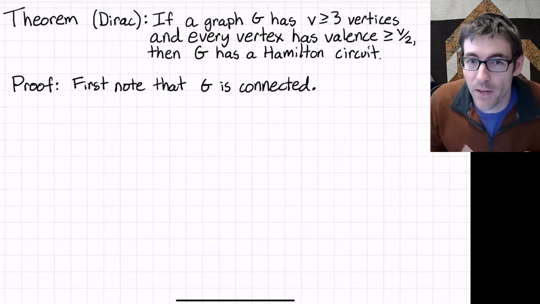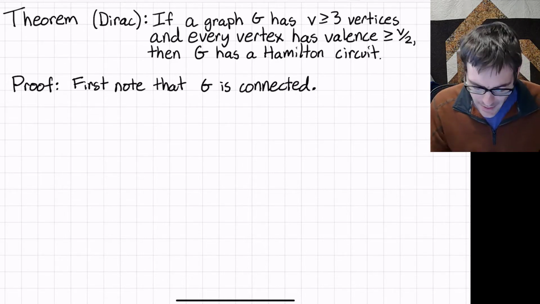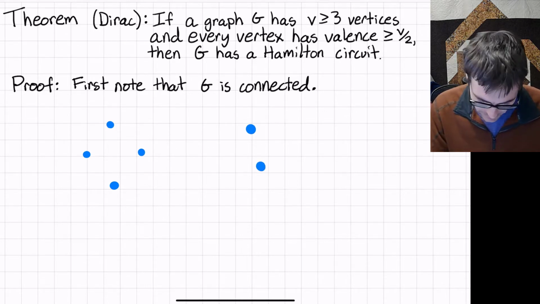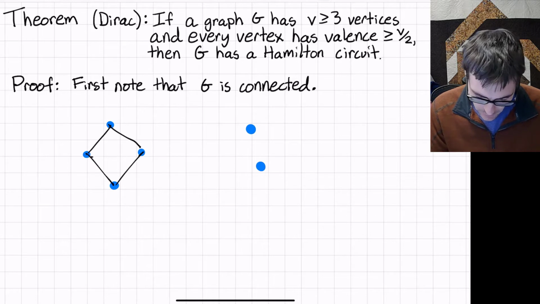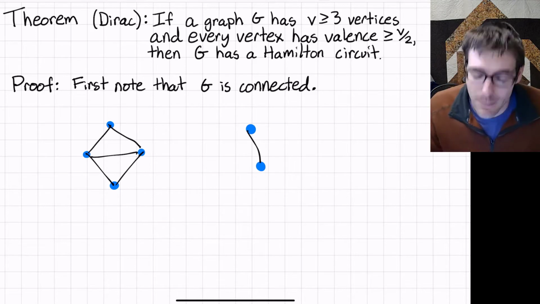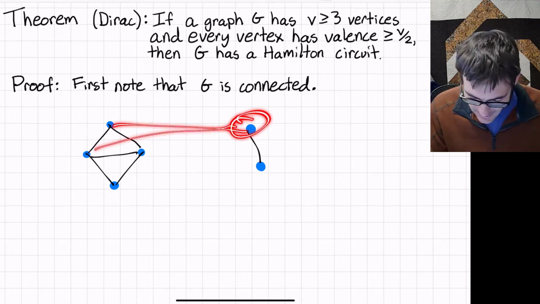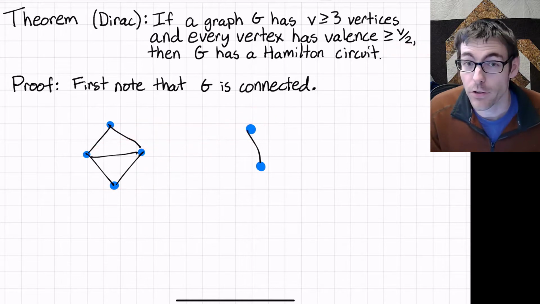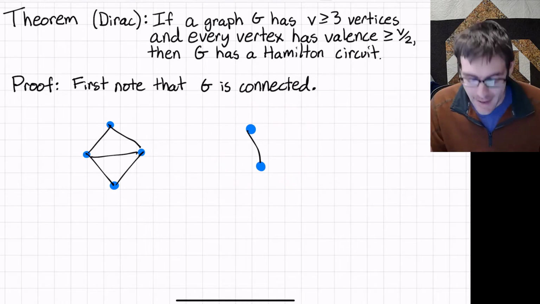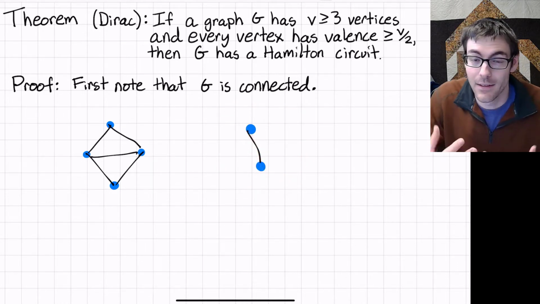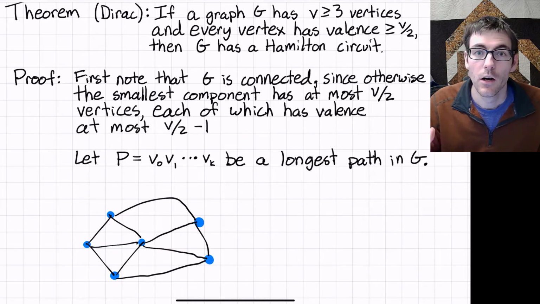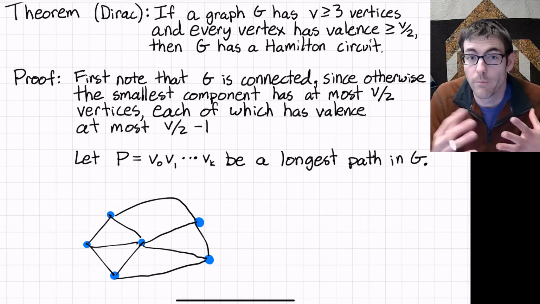First step in the proof is pointing out that our graph is connected. And one way to see that is we can ask ourselves, all right, if our graph wasn't connected, let's say we had something like this where we have some number of vertices in one group and some number of vertices in another group, then it can't possibly be the case that every vertex is connected to at least v over 2 vertices, because we can take whatever the smaller group is and point out that, hey, it has to have fewer than that edges coming out of it. Alright, so it must be the case that our graph G is all one piece,